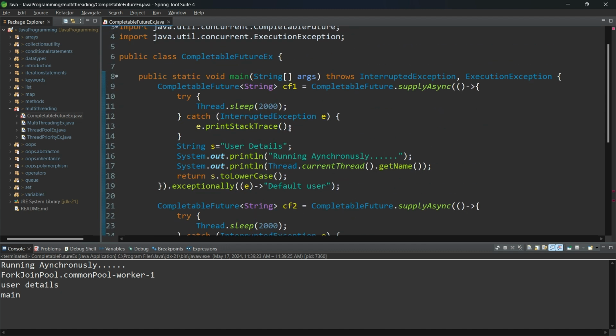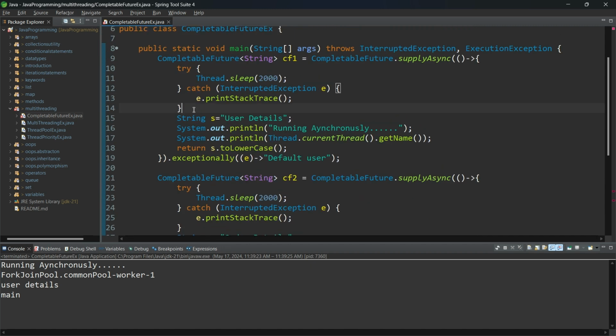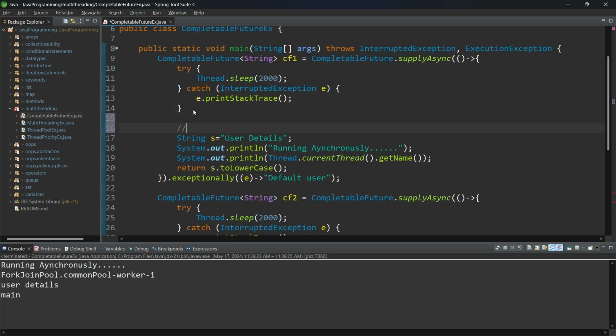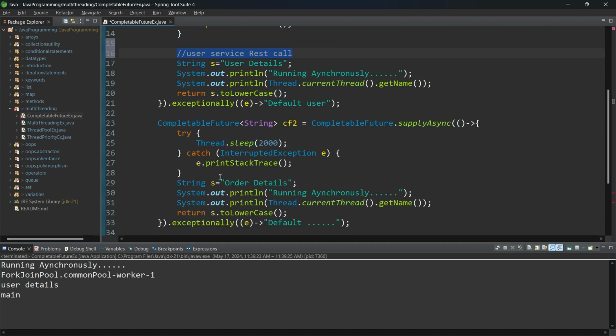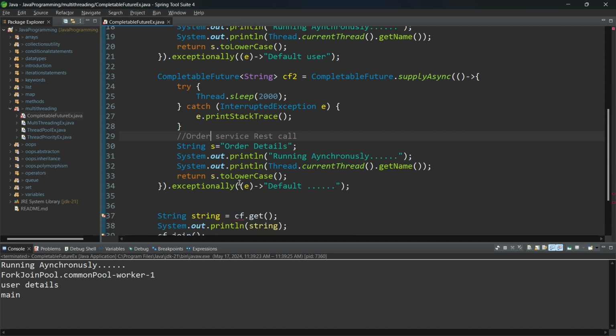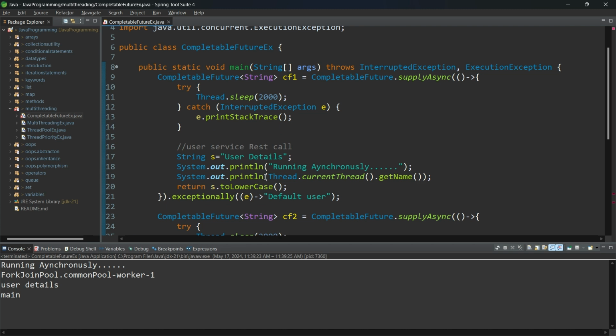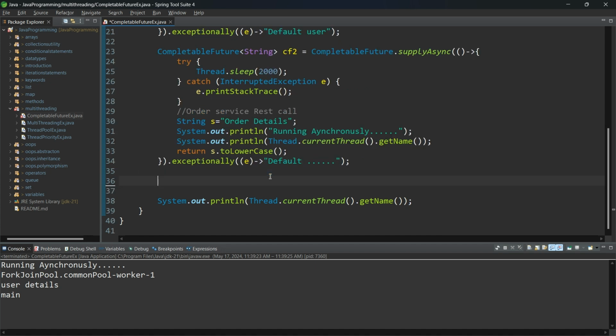So first, I want to get both user details and order details. Imagine user details will be some other service, a user service REST call. So next one is the order service REST call. I want to get the combined result as a response. In that case, what I will do, let me try. First one is